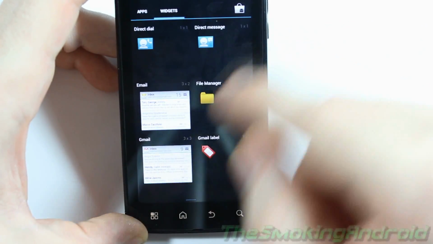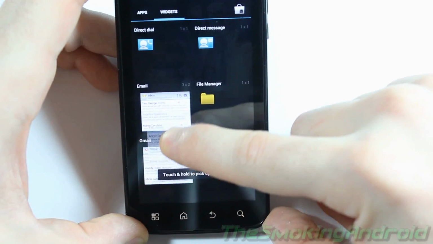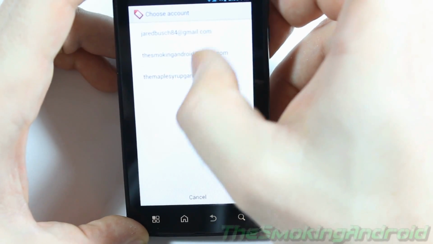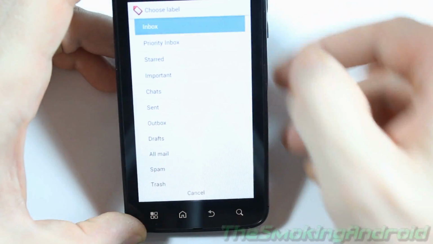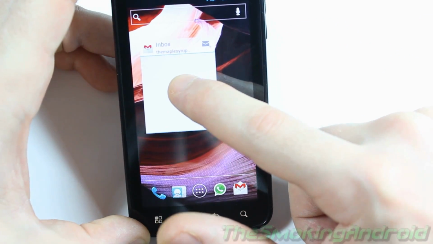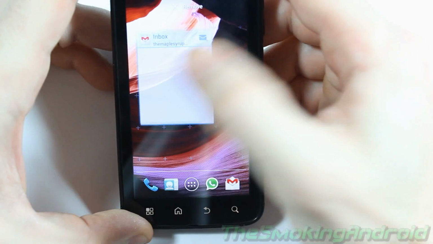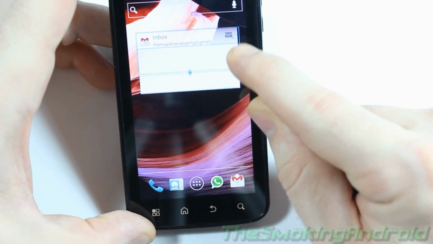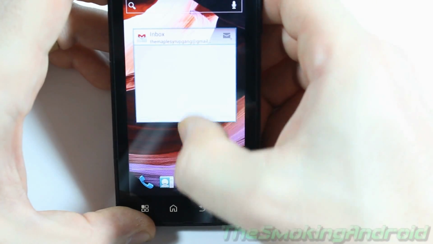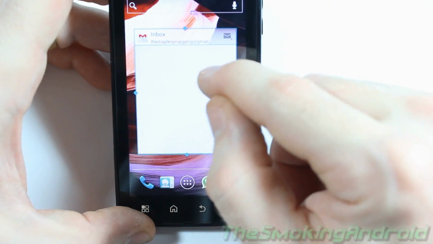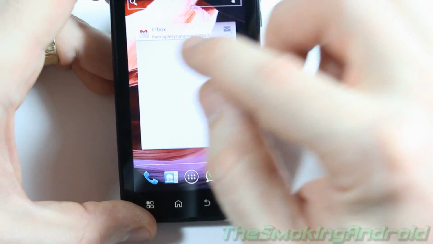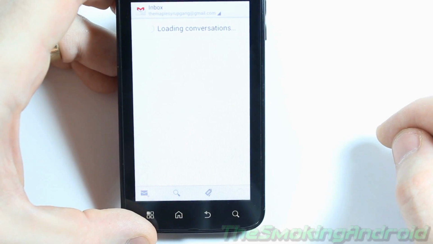Where is it? Find a Gmail widget and throw that up there. I'll go ahead and use this one for now, just for demonstration purposes. Now, as I showed before, you can resize the widgets, and it's really smooth and quick too. I mean, you can go like that. You can go all the way full screen if you wanted, and that's what I prefer. You just tap it, and it loads up, and then as your emails start coming in, obviously you're going to read it there,